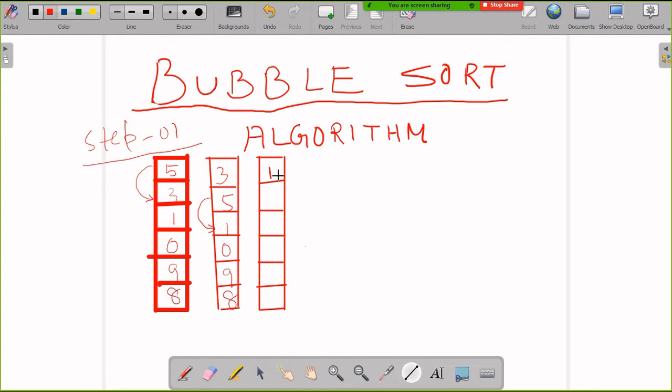So it will be 3, then 1, then 5, and then 0, 9, 8. Now comparison will take place between 5 and 0. When comparison takes place, again the elements will get interchanged.